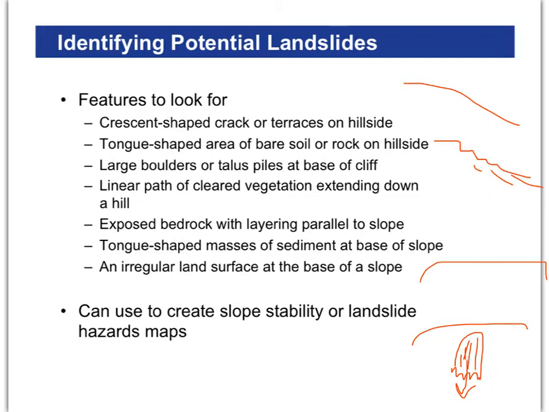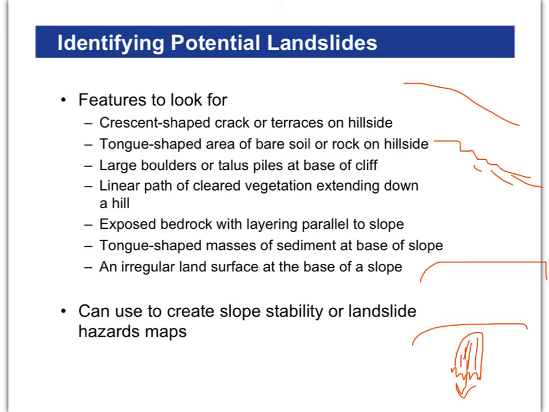What else? Talus piles, all right? That means things have already started to calve off and roll down to the bottom. Talus piles are boulders at the base of a cliff. Any place where vegetation has been cleared previously means stuff moved down before and is likely to have other landslides or avalanches again. Any place where bedrock has been exposed: most bedrock is covered up with soil, but where it's been exposed means that soil has moved over it, so you've had a soil flow taking place, and it could happen again.